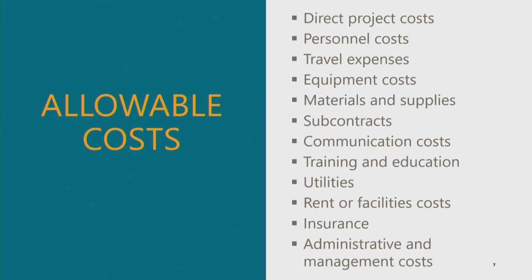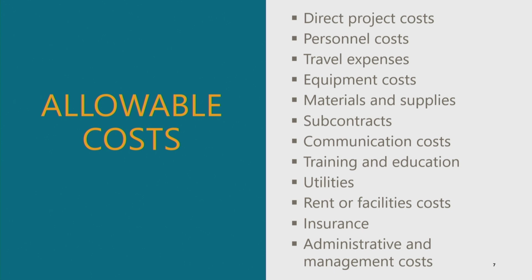All right, so then let's talk about some allowable costs. Allowable costs for subrecipients can vary depending on the specific terms of the agreement, funding source, and applicable regulations. Allowability refers to the degree to which the specific costs are considered acceptable and permissible under the terms and conditions of the grant. Some common allowable costs for subrecipients in grant or cooperative agreement scenarios would include costs directly related to the project, salaries and wages for staff directly working on the project, including fringe benefits,